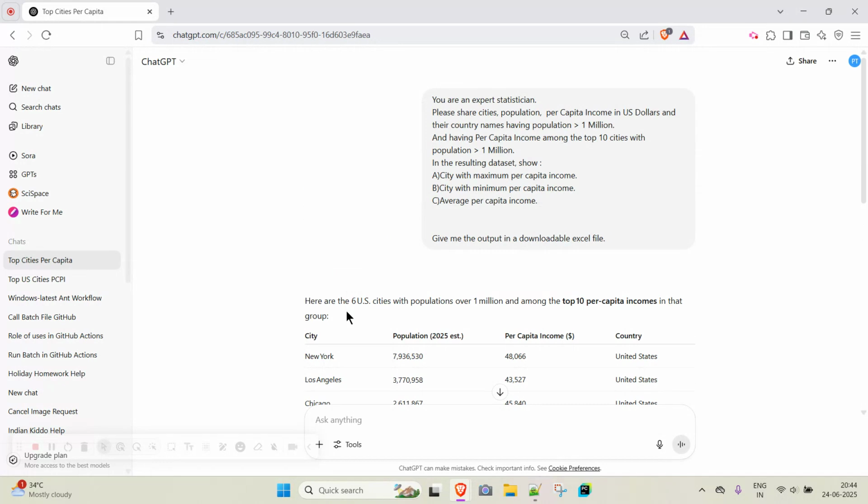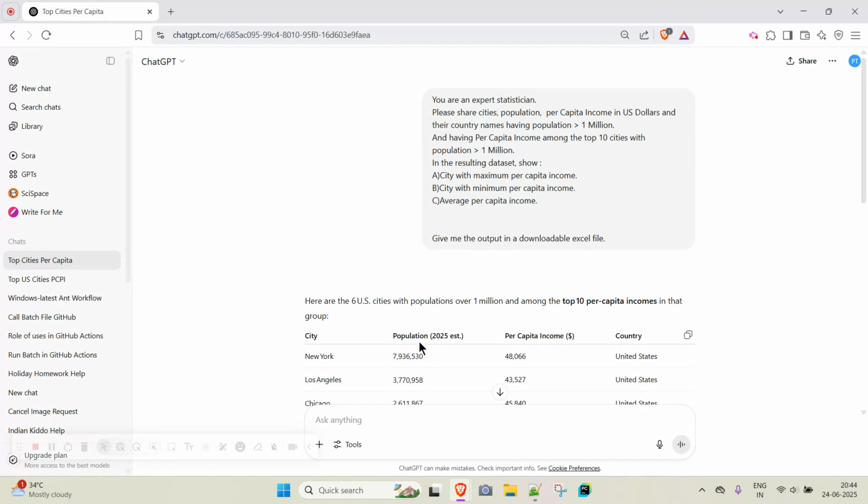Okay, and again, here is a disclaimer, I am not going to point anything, I'm just sharing the result that I have got. And the result that ChatGPT has given me, it has mentioned 6 US cities. So actually I did not want something specific to a country.